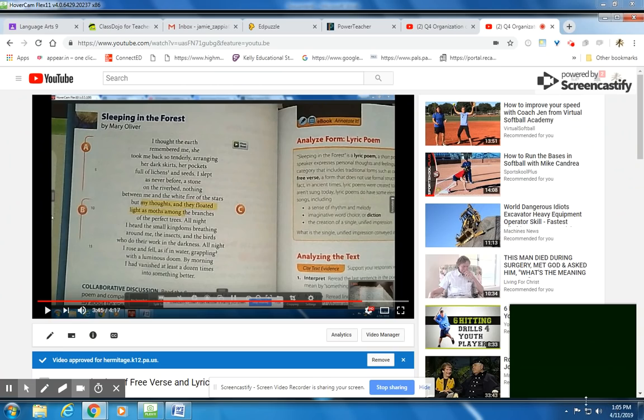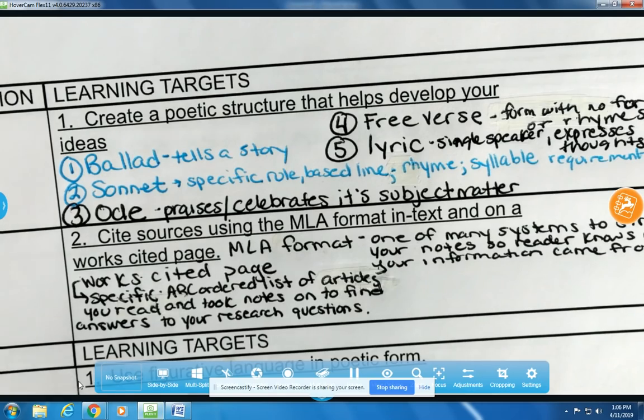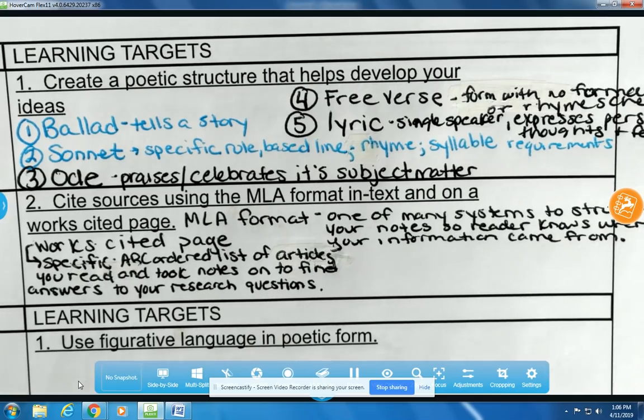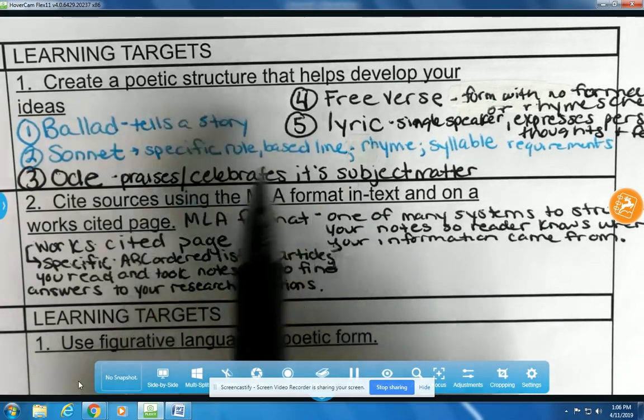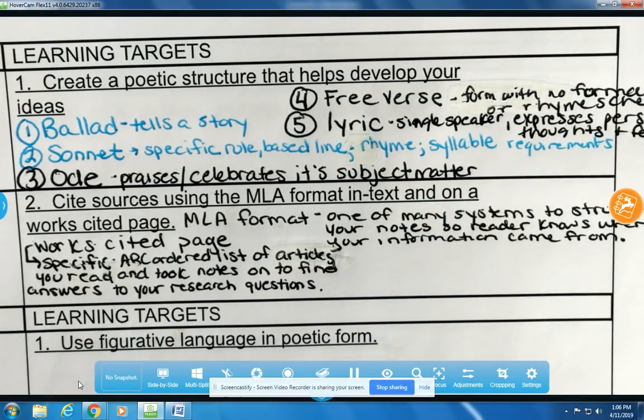And keep in mind, I met with someone today, and they wanted to submit creating a poetic structure, but it wasn't, in fact, one of the areas that we've covered yet. So make sure you're able to explain to me what your poetic structure is if you decide to submit for organization number one. We've talked about 5 distinct poetic structures, so you want to make sure that you're able to identify which of the 5 you're actually submitting for when you choose to submit a type 3 for poetry. And remember, you need to pick 3 specific learning targets under both research and literature and submit a type 3 for each before the due date for type 3s and 4s runs out.